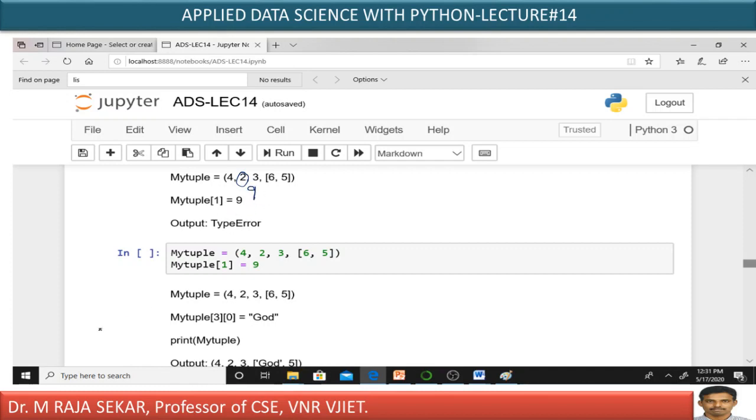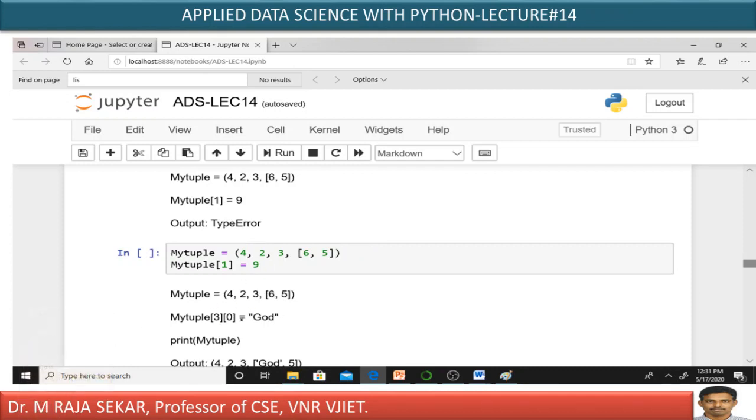They are immutable. Tuple is immutable. You cannot alter the contents of a tuple. Therefore, what will you get? You will get a type error. That's what it says. You will get type error. But you can even keep a list as a member of a tuple, isn't it? That's what we discussed. This is tuple. In that one, this is 0 index, this is 1 index, you will get type error. Now, there is another possibility.